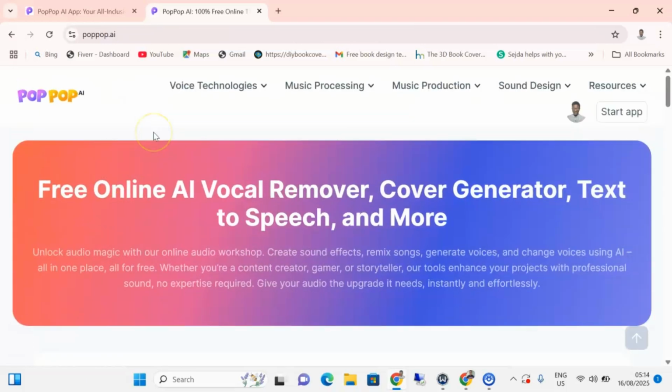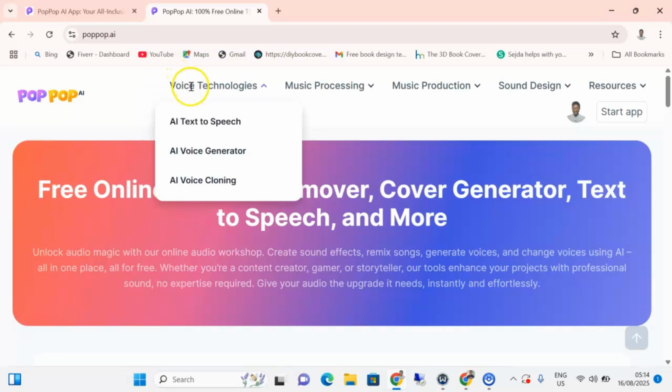Alright, so some of the features that you're going to be seeing on your dashboard are voice technology. You can see AI text to speech. That means as a content creator or a storyteller, you can convert your prompts into speech. I'm going to be showing you how you can do that successfully.